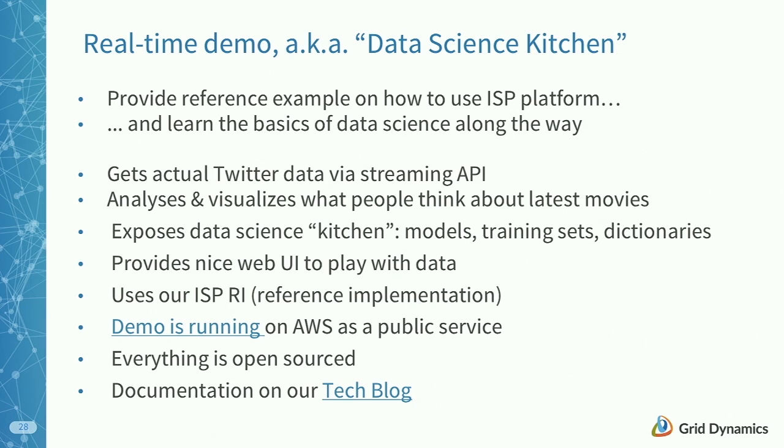We have, I think, 7 blog post series on Data Science Kitchen, where we document every step that data scientists would have to go through to essentially put up a sentiment analysis application for the Twitter data. What it will do, conceptually at a high level, is get actual Twitter data through Twitter streaming APIs. It will apply necessary models to analyze the data in real time. So every second you actually see the new tweets coming in, and they're being sorted into positive, negative, and